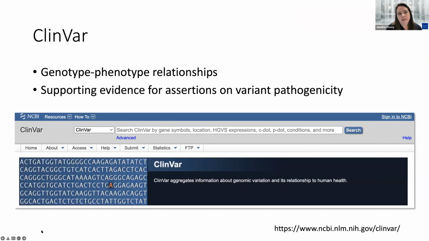The next database that I wanted to talk to you a little bit about is ClinVar, and you'll hear more in different ways about ClinVar later on. But this is another very helpful resource for identifying gene phenotype relationships. And in this case, it's actually really genotype phenotype relationships. And in addition, you can find supporting evidence for assertions on variant pathogenicity, which you'll hear a little bit more